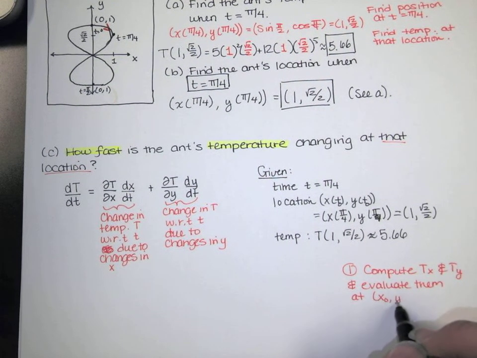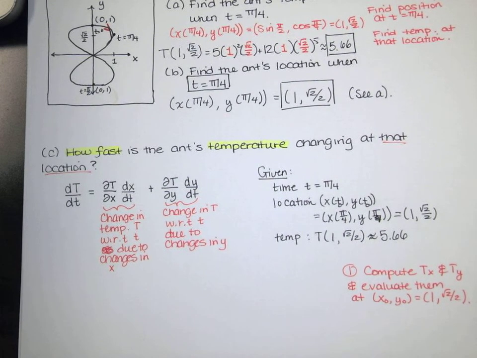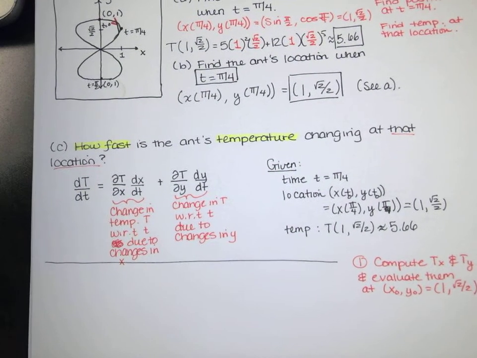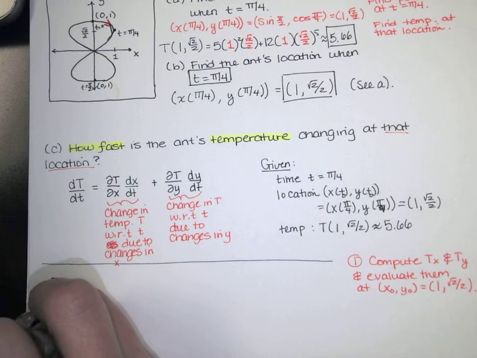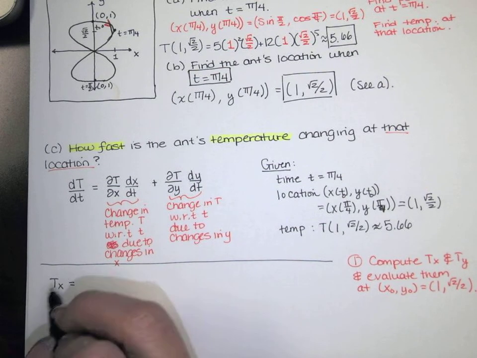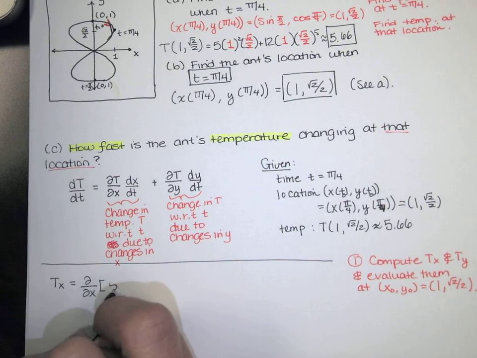So at x naught, y naught equals 1 and root 2 over 2. We're just going to go through one step at a time. First step is to compute those rates of change. We want the change in temperature with respect to x while holding y constant. So we're taking the partial with respect to x of this function,